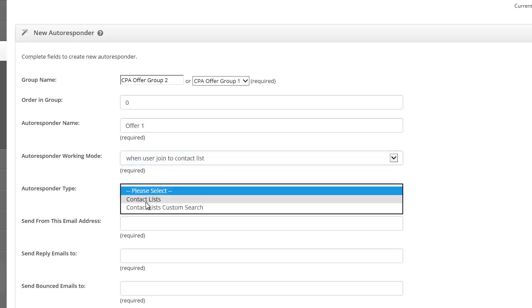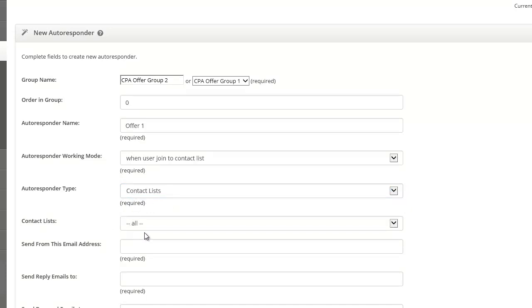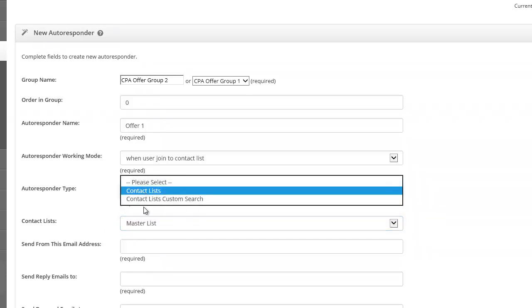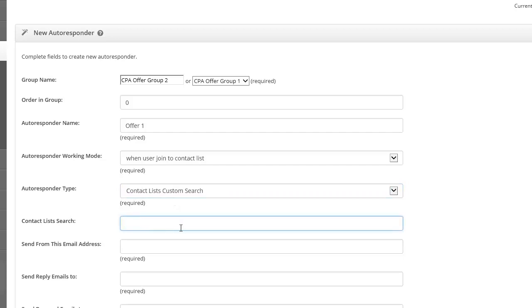Autoresponder type, we can do a contact list, and then from there, if you select contact list, we get an option that comes down: which list. Do we want to do all lists or a specific list? The other option in here is contact list custom search. You can select this, and then you can search, let's say, by a specific date or a specific value. And what we'll do is search the entire list for a contact list,